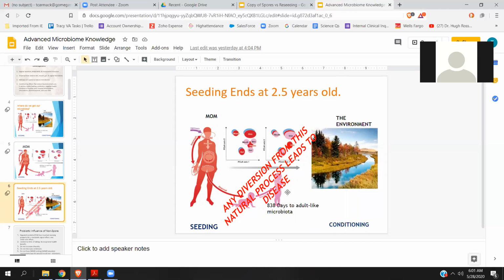And that helps us really understand why the probiotics, the Lactobacillus and the Bifidus, the non-spore probiotics, have really failed